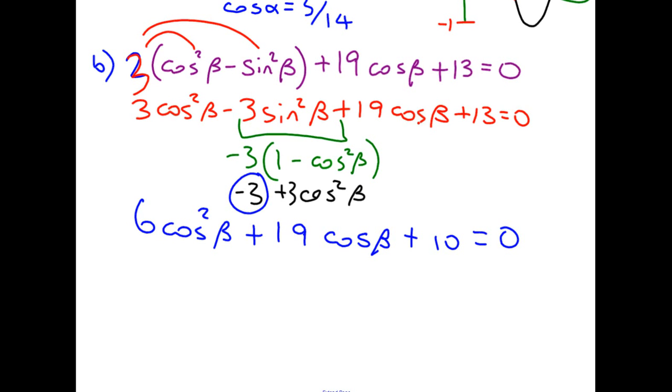Now, I hope you can see that this is a disguised quadratic where cos beta equals whatever letter you desire,